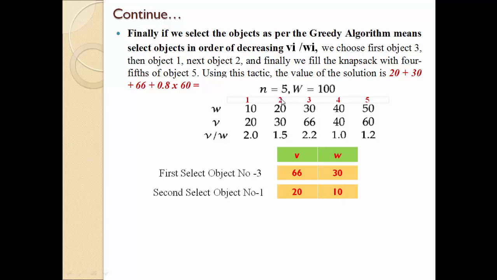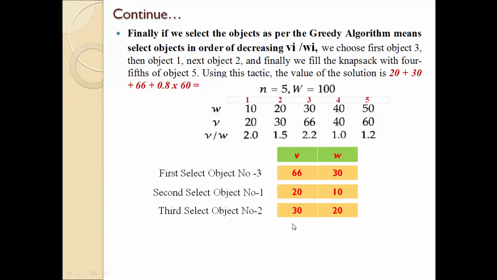Now the next object that we need to choose is object number 2. So select object number 2. Then the total weight of the knapsack will be 30 plus 10, 40, plus 20, that is 60. So 60 is again less than 100. So again we can fill another